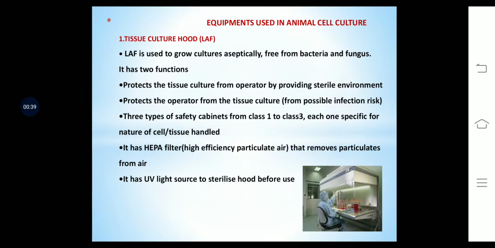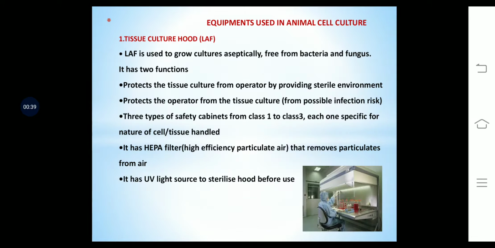Log phase, the growth is maximum because here the growth is happening in an exponential manner because the nutrients are at optimal. Every condition is optimal here. Once the nutrients start getting exhausted, it enters the plateau phase. So this growth curve is very important, and it helps us to increase the cell number.